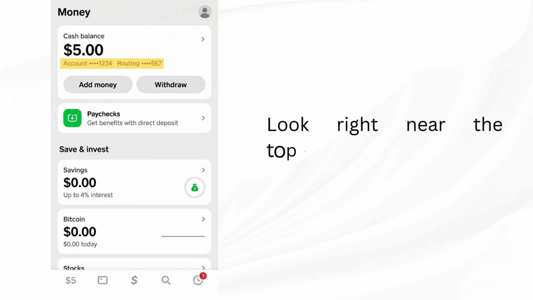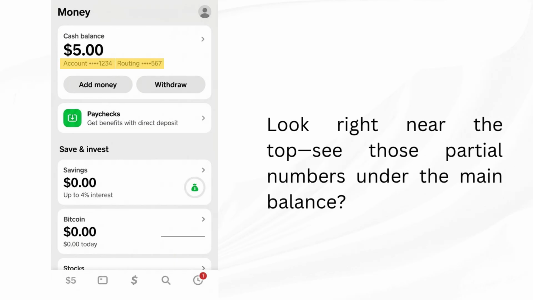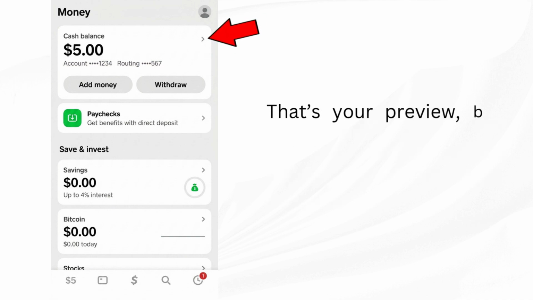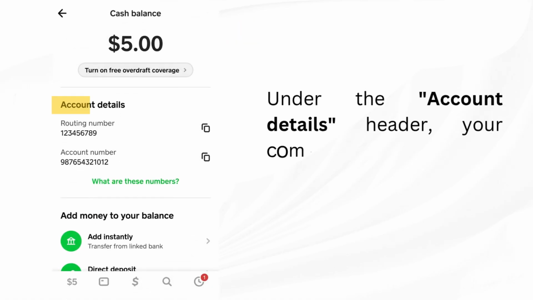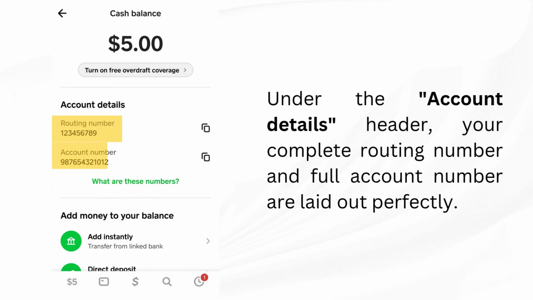Look right near the top. See those partial numbers under the main balance? That's your preview. But to unlock the full view, just click this little arrow on the right. And there we go. Under the Account Details header, your complete routing number and full account number are laid out